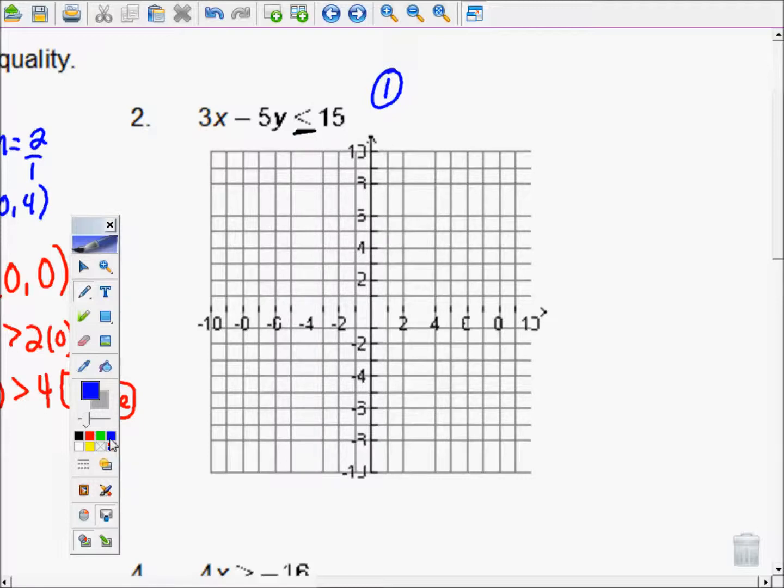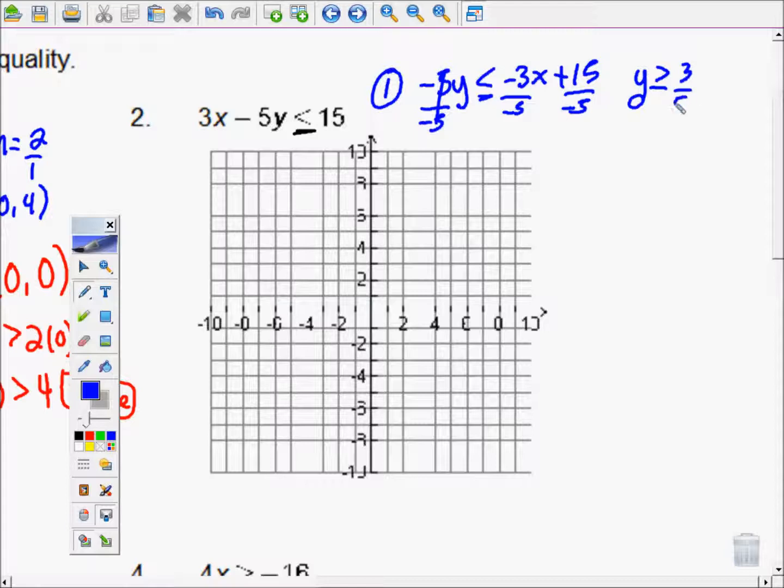So if I'm going to get y by itself, that means I'm going to subtract the 3x. So I have negative 5y is less than or equal to negative 3x plus 15. Is y by itself? No, you've got to divide by the negative 5. What I do to one side, I have to do to the other. And what's going to happen to my sign? It's going to flip. So y is greater than or equal to